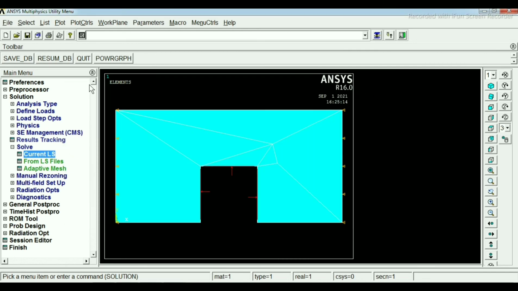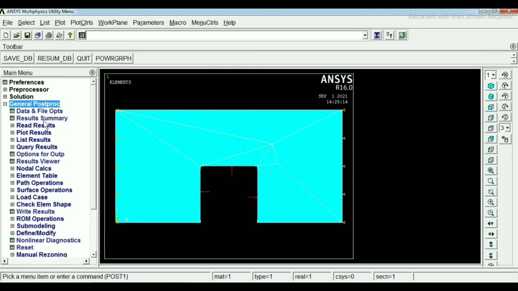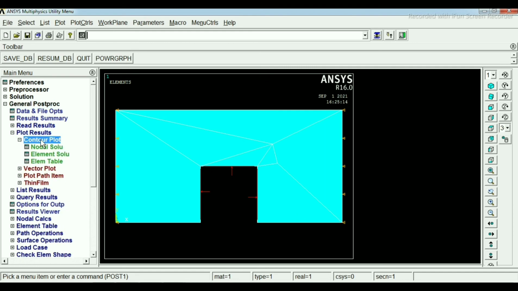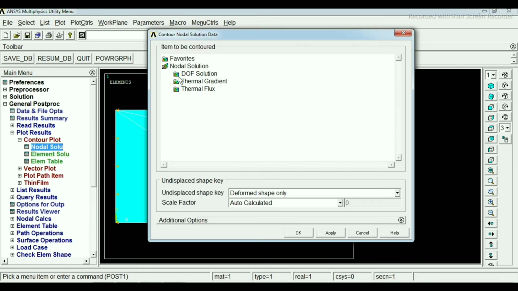Now click on the general postprocessor, then plot results, contour plot, then nodal solution. In this nodal solution, click on degree of freedom and nodal temperature, and then click on OK.